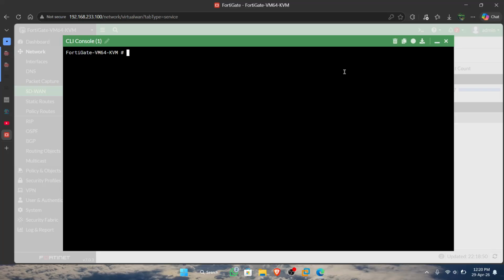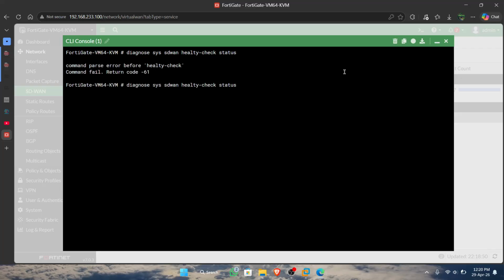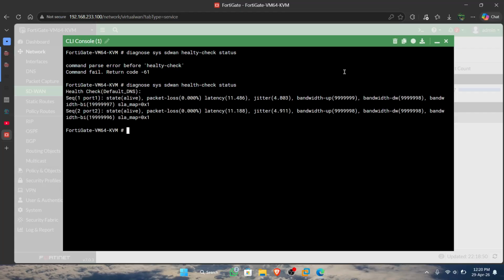Now the packet loss changes first. You can show the point is zero.